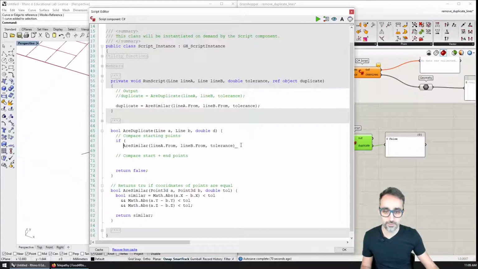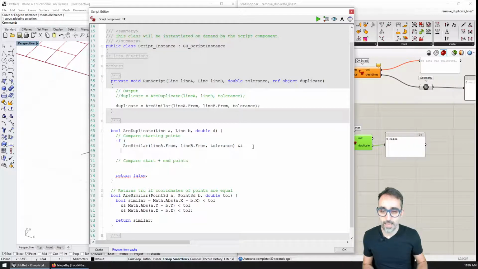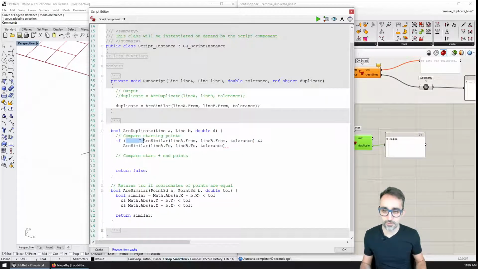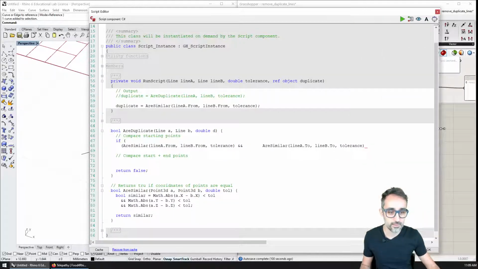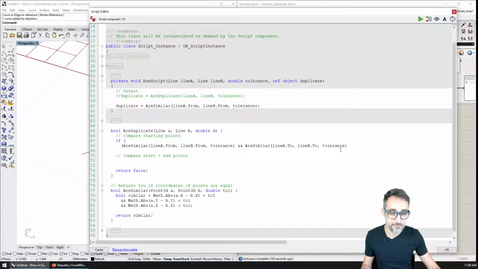If the starting points and the end points of the two are the same, so 4 and 2 and 2, if these two are the same, okay, I'm actually going to write it in the same line. I'm actually going to write it here. If these two are the same, I'm making a mess here. If this is true, so if the starting points both are under the same tolerance and the end points are both under the same tolerance, okay,